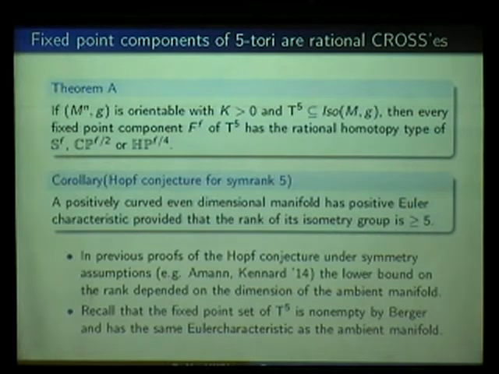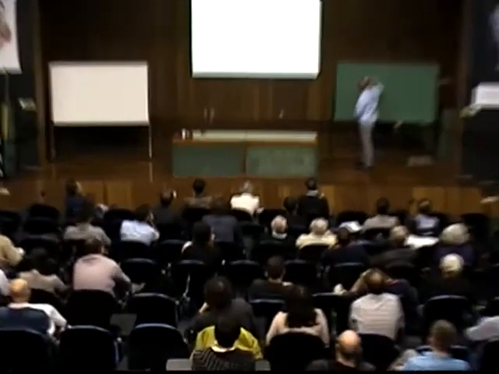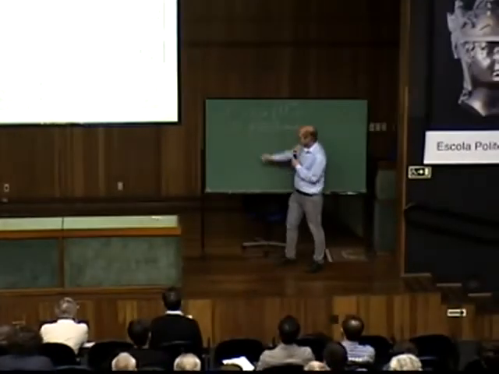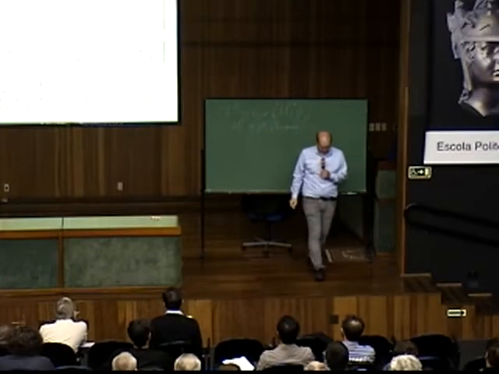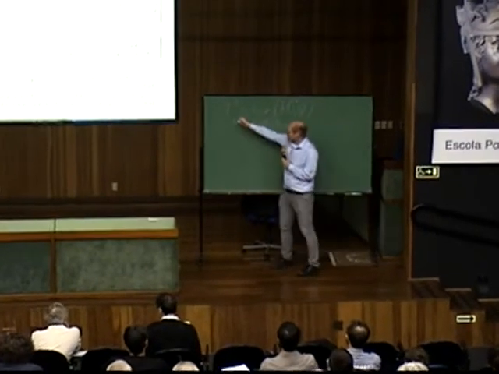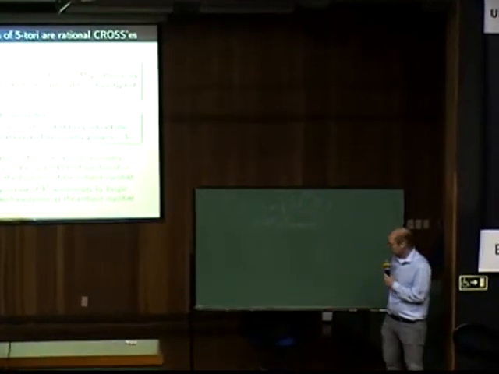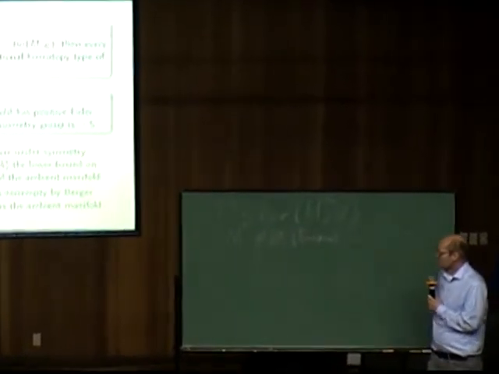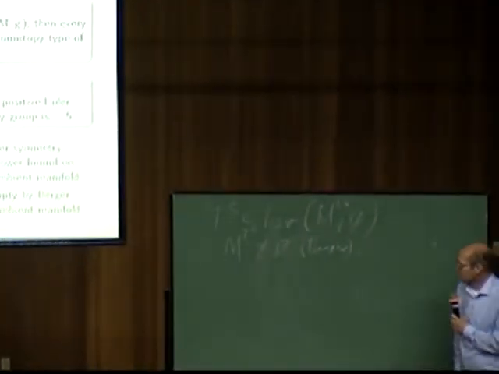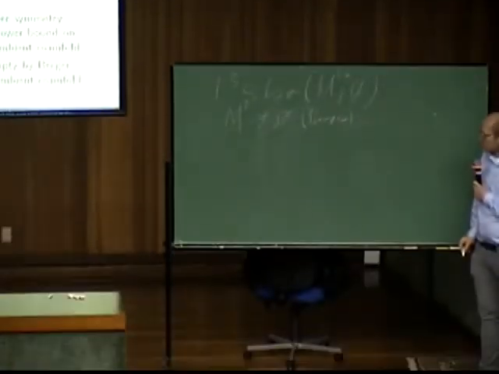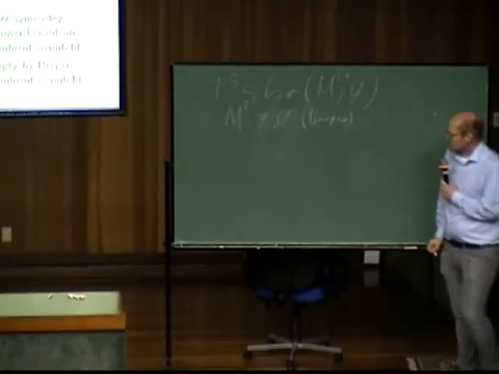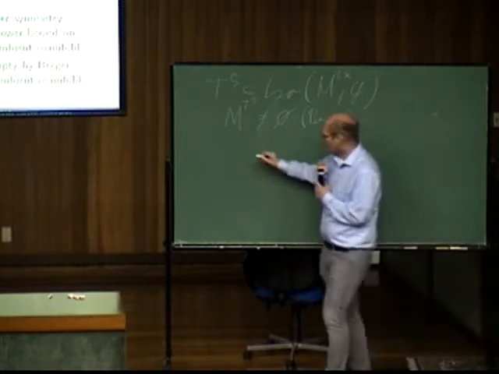And so if it's even dimensional, then the fixed point set of this is going to be non-empty. That's Berger. So Berger tells you that every Killing field has a zero somewhere. And so if you take a generic line here, which is sort of dense in the T^5, and the Killing field corresponding to it, this will have a zero, and then the zero point has to be a fixed point of the torus action. So it is clear that this is non-empty,